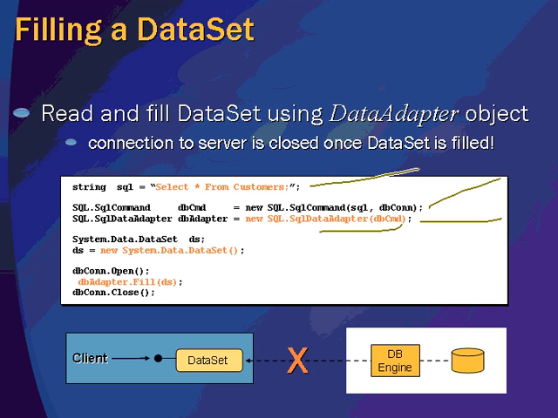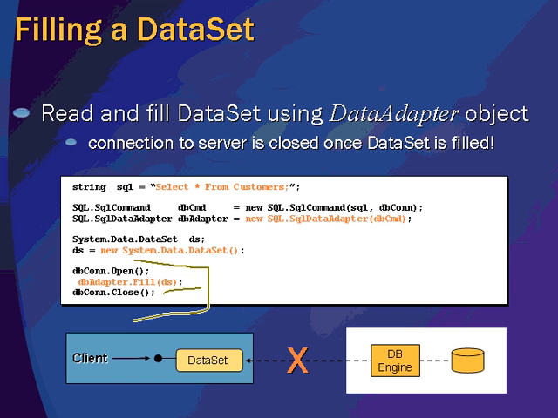So I create this data adapter object, and then I basically create a data set. I create an empty data structure, and then I basically have all my objects in place. I have the connection open, a command to execute the SQL. I have the data adapter that'll take all the records, read them all from the server, and then write them all to my data structure. And now it's just a matter of executing this stuff. So now the last three lines are open the connection, fill the data set, and notice I say adapter.fill. So the adapter talks to the command object talks to the connection object. All the objects communicate to get the records down and fill the data set with that